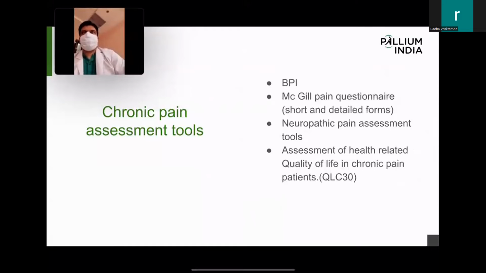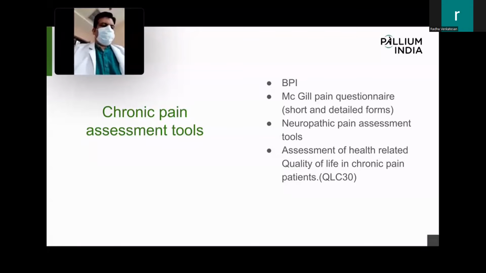And then we come to the chronic pain tools. We have the brief pain inventory, which is said to comprise everything. And you have the McGill pain questionnaires. See, basically in these type of things, what is the additional? Here you will have a little bit of emotional, sensory element. And then for each factor, we'll ask whether that each one is moderate, severe, or mild. And you want to say, oh, this is the nature of the pain. So these are all slightly elaborate ones. So that is why you have a detailed form and a short form. So 10 to 15 factors are considered in that. And then in each factor, you will have gradation.